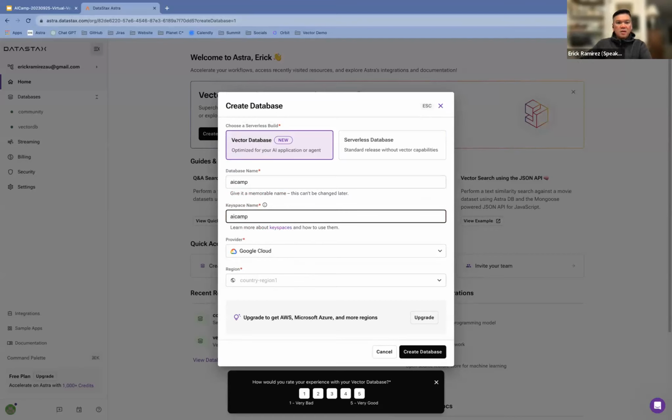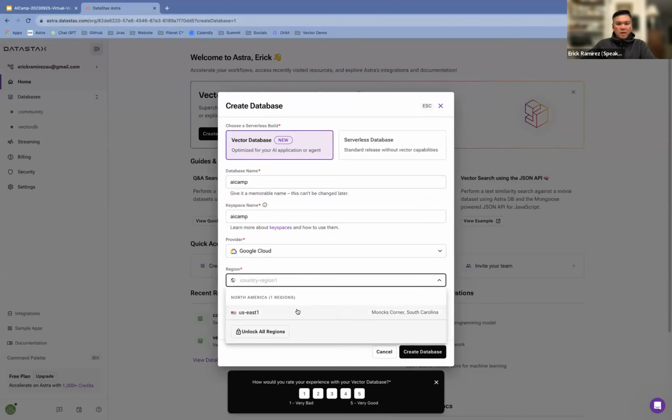And I'm going to create a keyspace, which is the equivalent of a namespace in other databases. I'm just going to call it AI Camp as well. And I'm just going to pick the available region, which is US East. Because this is just a demo, and when you're doing a proof of concept or whatever, you don't really care which region it's located in.